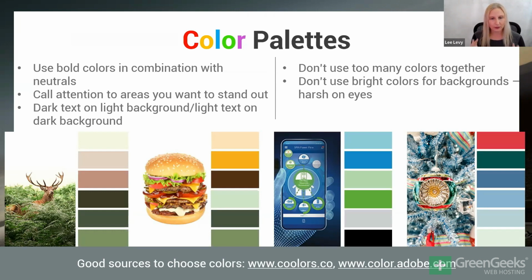A lot of times people will choose a photo that they like and then they match their color palette to that. So again, this is something that a branding expert will help you with. Web designers can also do that, but sometimes branding experts will get your color palettes and your logos and all your designs together for you. And if you want to choose some colors and see how they look good together, I put 2 examples at the bottom. Always good to check your colors all together before just choosing them,